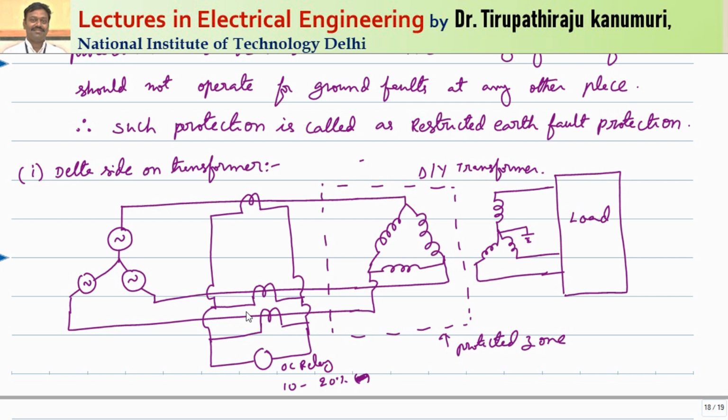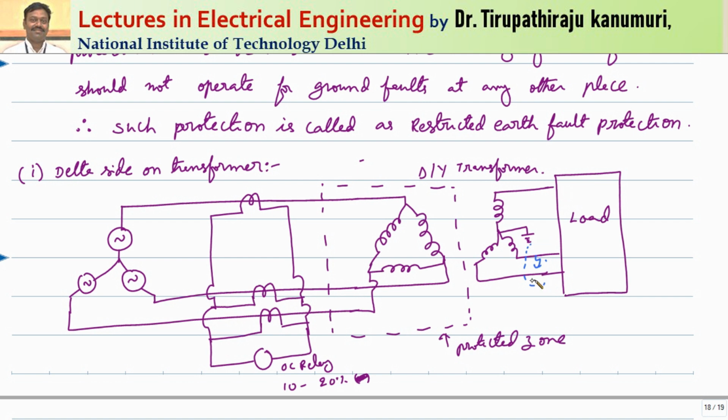and that too happening within the delta side of your transformer. So let us assume the fault has happened somewhere in the star side. So what is going to happen? If the fault happens somewhere in the star side, let us assume the ground fault has happened here. The current that is passing through this will return back through this ground. So there is a closed path here. That means whatever current is passing, that is coming back.